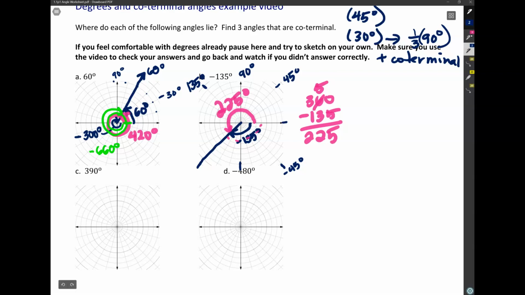Okay, 390, practice with some of these bigger angles. So I know that all the way around is 360. So I just need to go an additional 30 degrees from there, which we decided puts us right here. So this whole thing should be my 390 degrees. Notice we get kind of an easy coterminal here. We can hopefully spot the way we did that, this is going to be 30, and that is coterminal. We could also go the other direction,